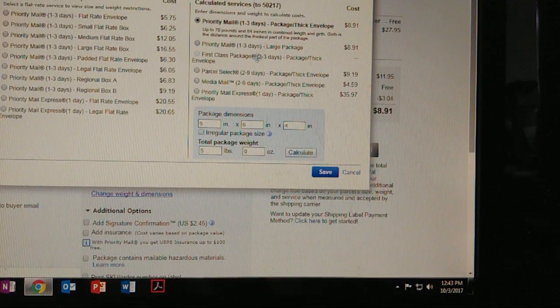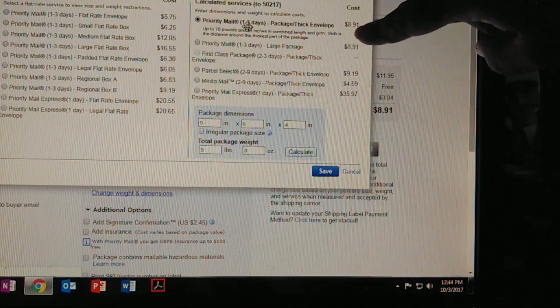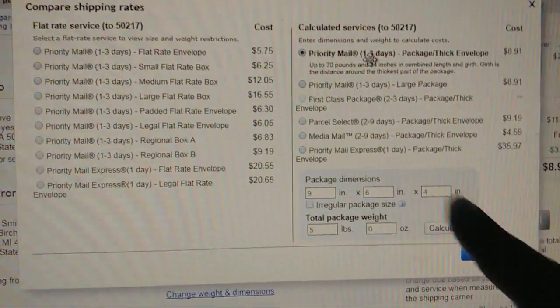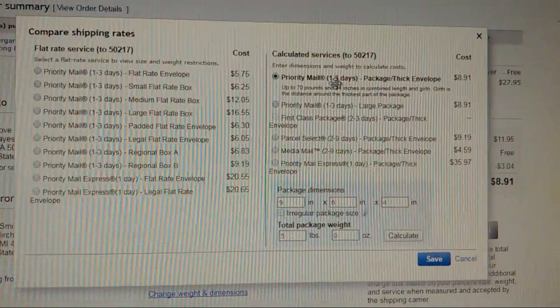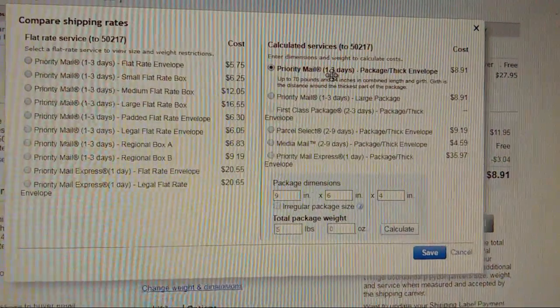So, as you can see, if I just put it in a plain priority mailbox, non-flat rate, just any, I could use the shoe box. I could use the box that just says large mailing box. That would be $8.91. Now, what I want to know is, is it cheaper to go any other routes? And sure enough, the Regional A box is $6.83 for the same amount of weight. That's a little more than $2 less to use the Regional A box,